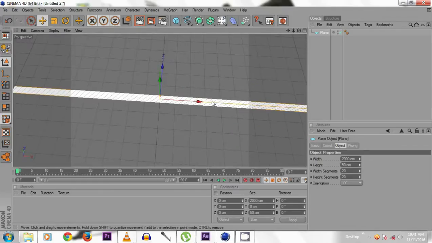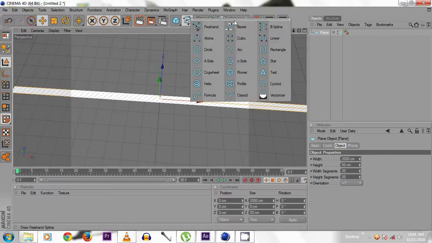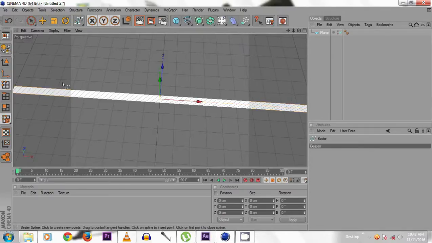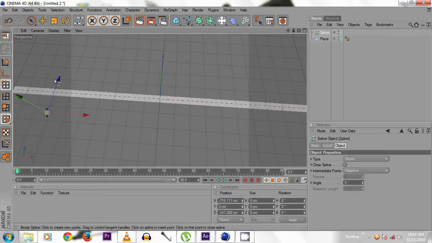Now add a spline, spline path, and I take a Bezier. It has nice curves. Freehand we can take, but it has sharp edges, so I take Bezier. Now draw a path like this.